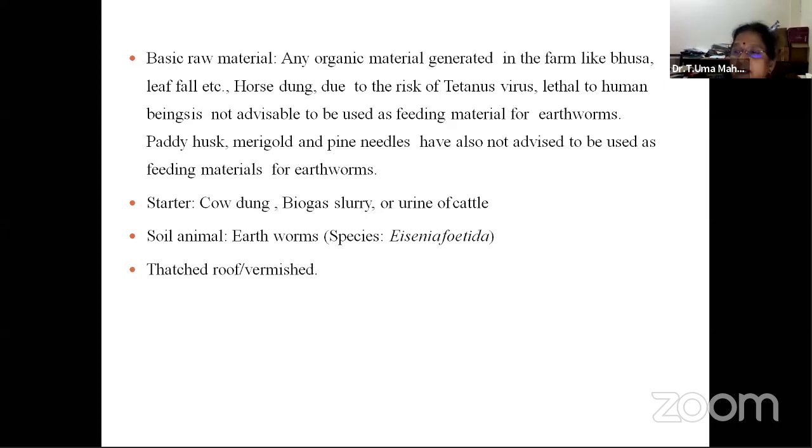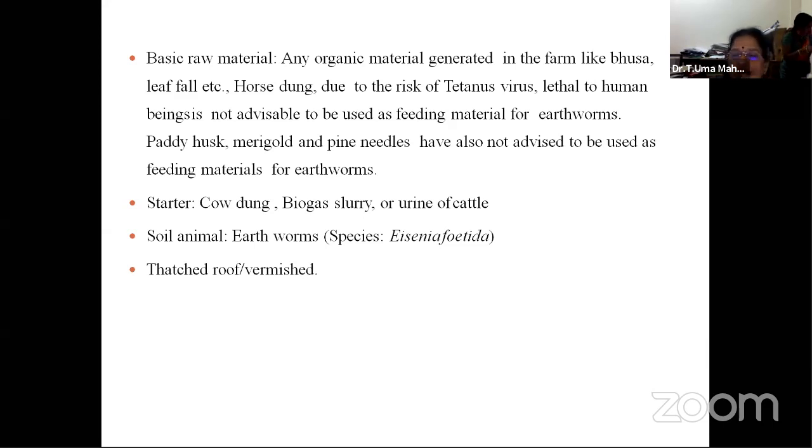Similarly, you have biogas slurry. From biogas we get the gas directly, that we know, but the waste comes out as a slurry, a liquid, and that also we can use. Or cow urine, panchagavya and other byproducts, natural farm products which we use for fields. If you have an idea about farming, many people use this material for the production of panchagavya, all those natural organic materials in the villages. Cow urine also can be utilized.